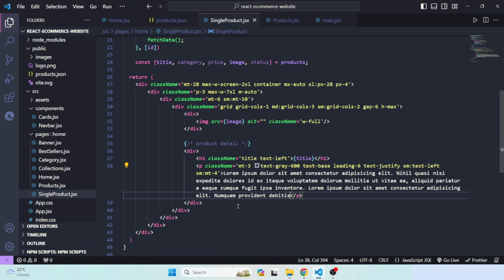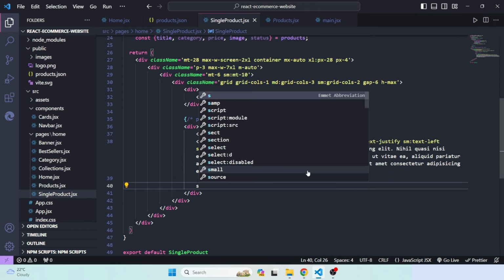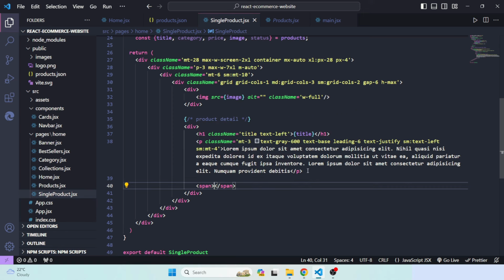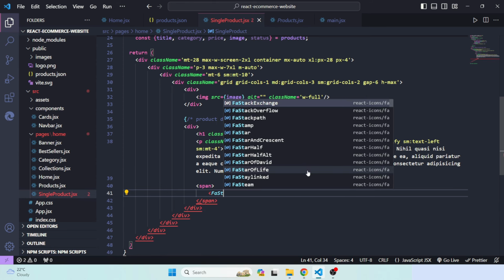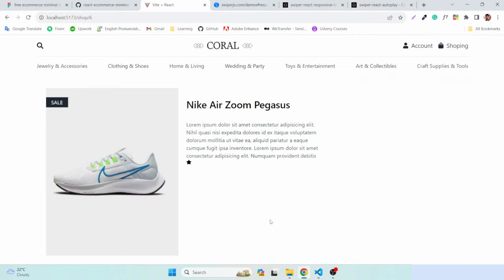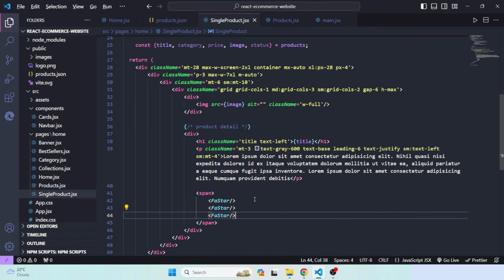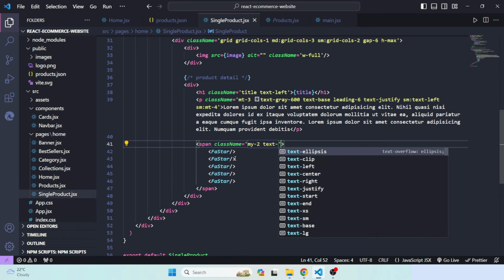So after then we would like to show a star. So here after this we'll just use a span tag and we'll use fa star from Font Awesome icons. So let's check it. Now we have a star. We'll just copy it three or five times. We'll just define class name here. On my we'll use 3. Text would be xl,